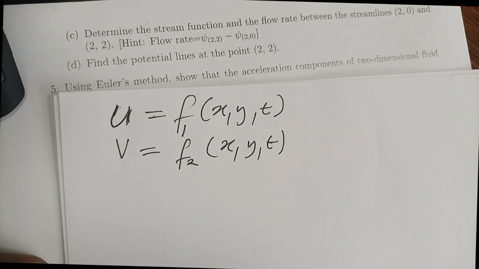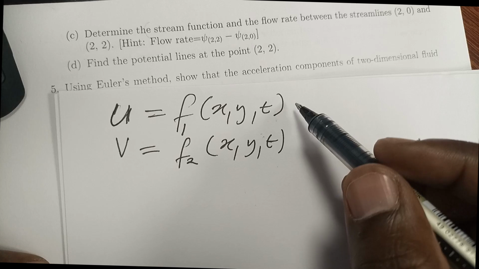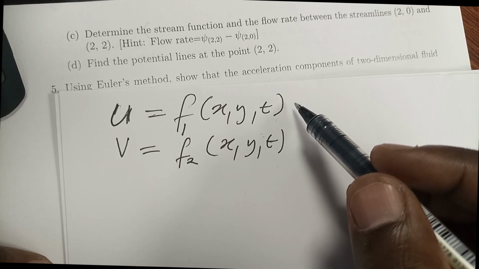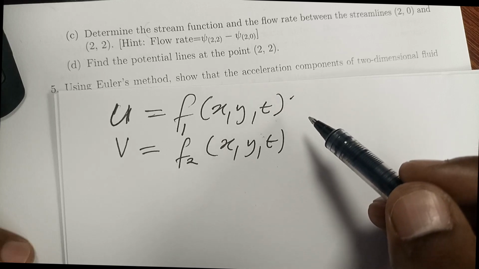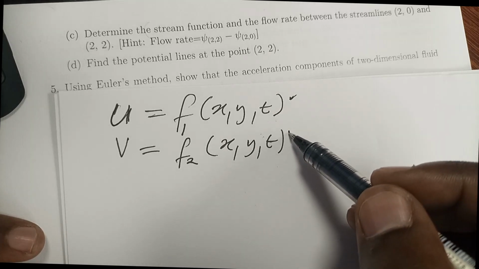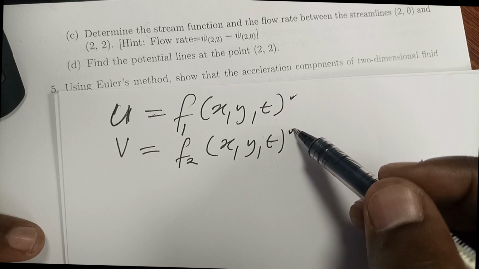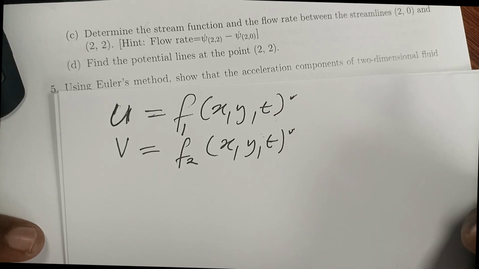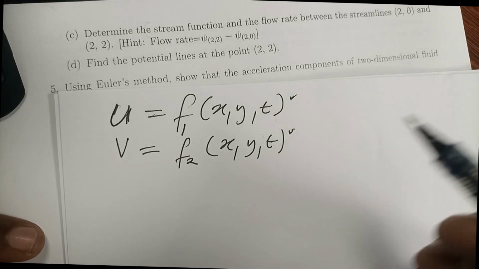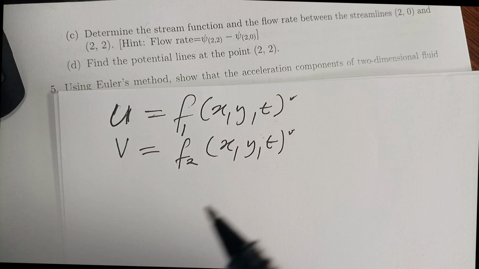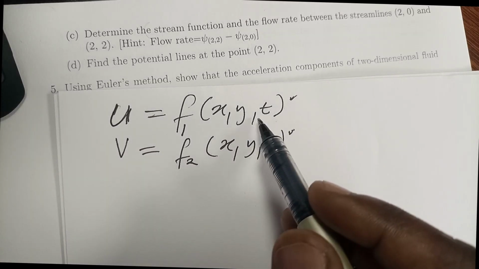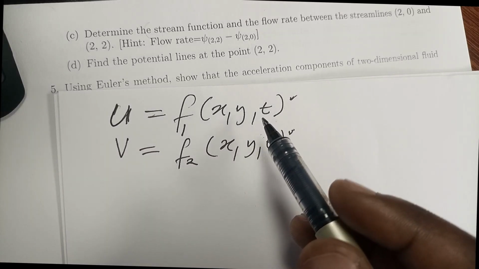So now you have to find the total differential equation for this velocity component and for the other velocity component. Because remember, acceleration is the rate of change of velocity. It could be with respect to time or space. So now the total differential function for this first component is given by